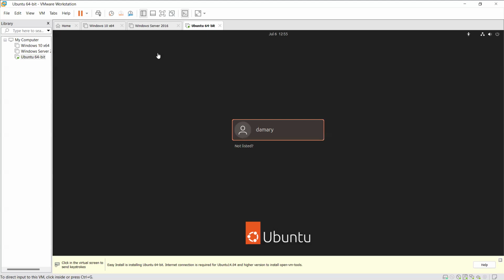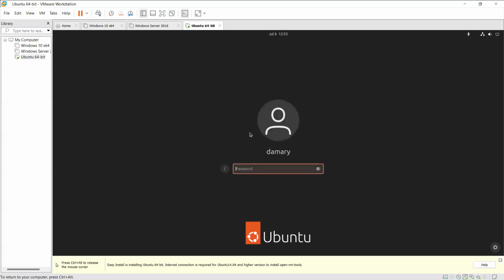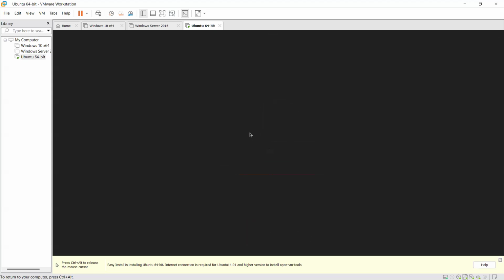Now, you can log in. Click on your username and log in. Now log in. Enter the password I created. Once you finish installing and you are able to log in,